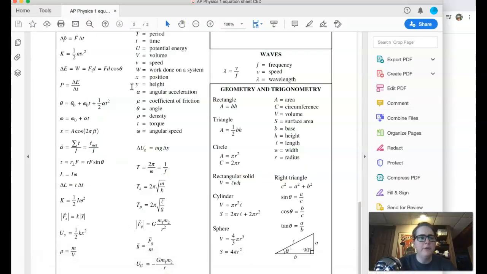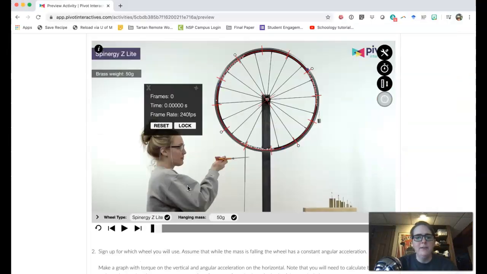What I would do is go to your formula sheet and look for these equations right here that we got in the AMM1 module, and look for one of these that you can put in quantities that you can measure to relate angle, time, and angular acceleration. And keep in mind that the initial velocity is 0 if you start collecting data right as the wheel starts